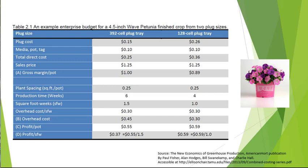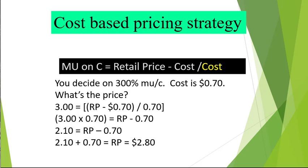I need to get a cost figure for an example, so I'm going to use this 4.5-inch wave petunia. And what Paul, Alan, Bill, and Charlie determined in this case was that the total direct cost for this 4.5-inch wave petunia was 25 cents, and the overhead cost was 45 cents. So I'm going to set the profit aside for now and just say that the total cost of production between the direct costs and the overhead cost, and these would include labor, is 70 cents. So let's take that 70 cents and do a little bit of math with it to calculate what a price